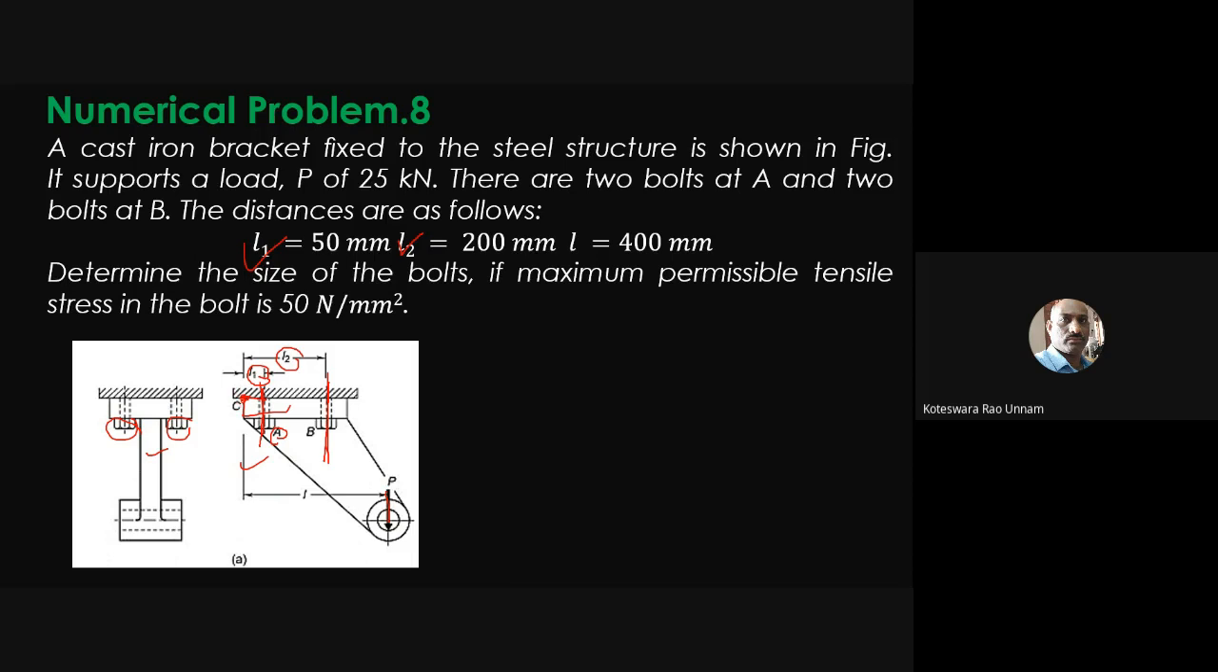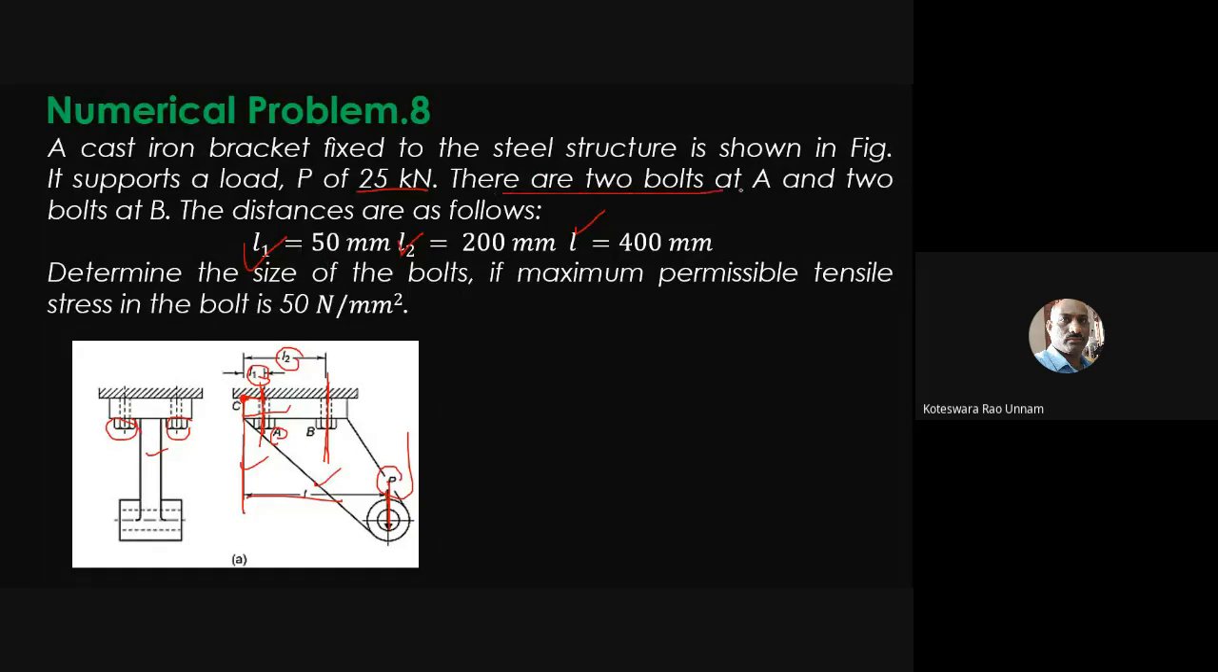Then the distance from the line of action of this force P to the point of tilt C, this distance is taken as L, and that length is also given as 400 mm. So distances are given, and the applied force is given as 25 kilonewtons. And he clearly said in the statement, even without looking at the diagram,